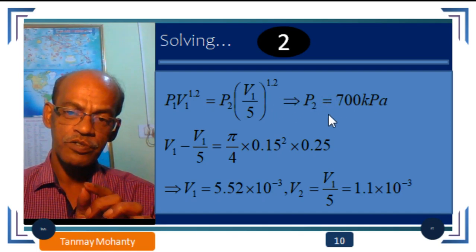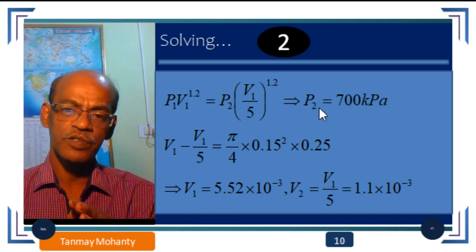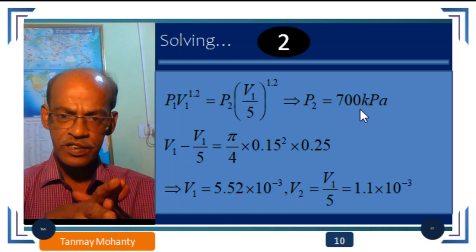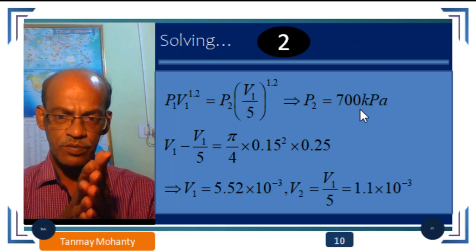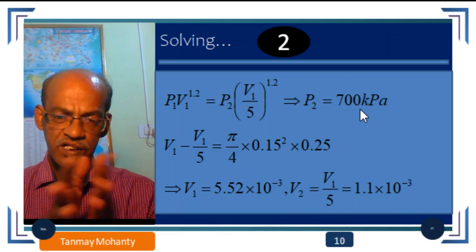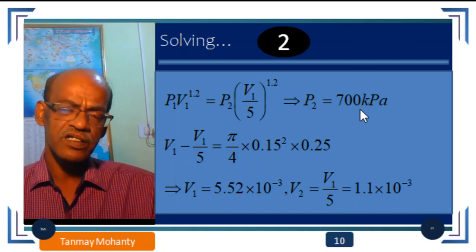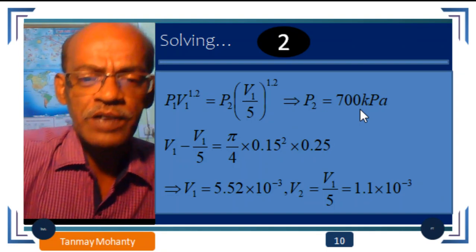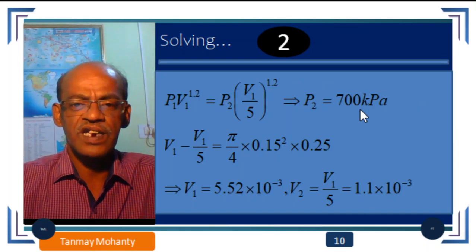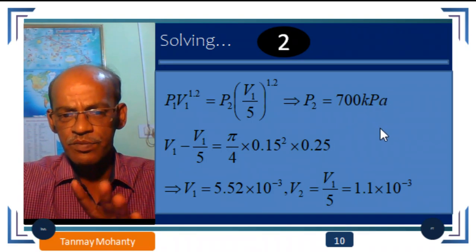And by using computation, we found out that P2 is almost 699 point something kilopascal. I have written here 700 kilopascal. When you solve this numerical, you take whatever calculator value you are getting. Using 2 significant digits is fine, or 3 significant digits, because 101.325 kilopascal was given with 3 digits. You can also start with a 3 digit kind of thing. It will be coming 699 point something.